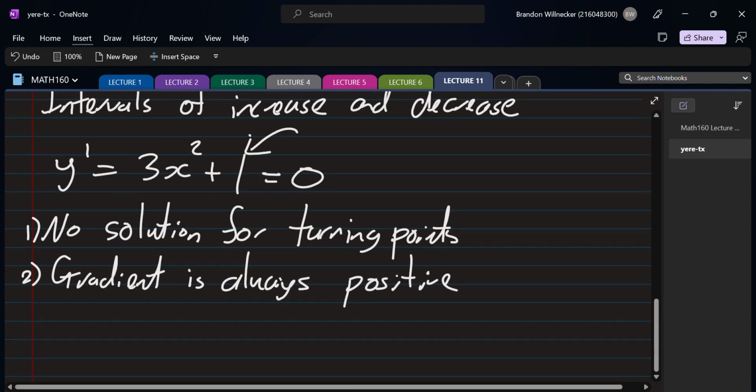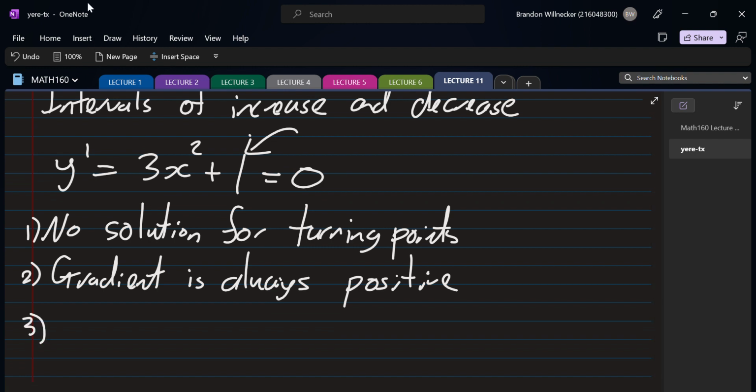And what does it mean for the gradient to be always positive? It means that it's always increasing. Okay, so we write that down just to keep it there, so when we're sketching, we know what to do. Since there's no turning points and it's always increasing, the next thing we should look at is inflection